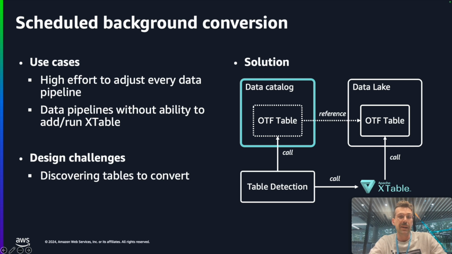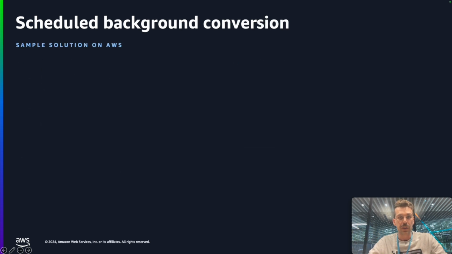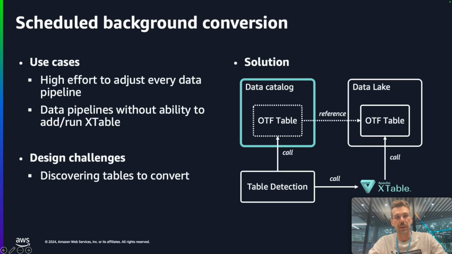That's why we implemented a second solution. Another possibility to invoke XTable is through a background conversion mechanism, which we deploy in parallel to our pipelines and don't need to touch our existing pipelines at all. Use cases for this could be